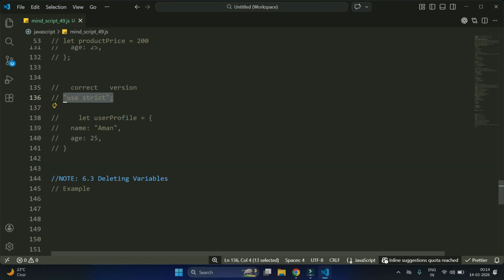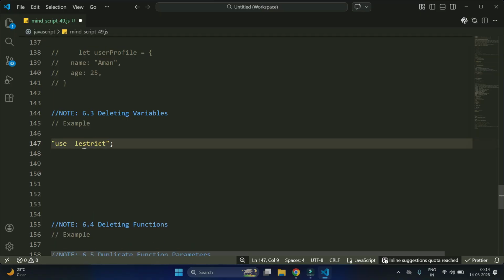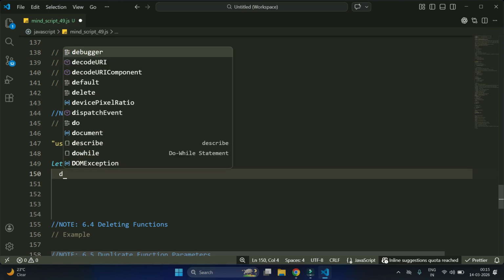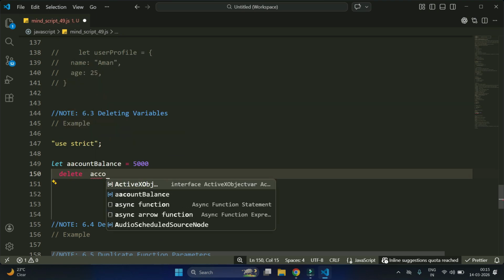So inside it we'll copy this, paste it, and then let accountBalance is equal to, it is wrong. It is strict, and then let accountBalance is equal to 500, then delete account,